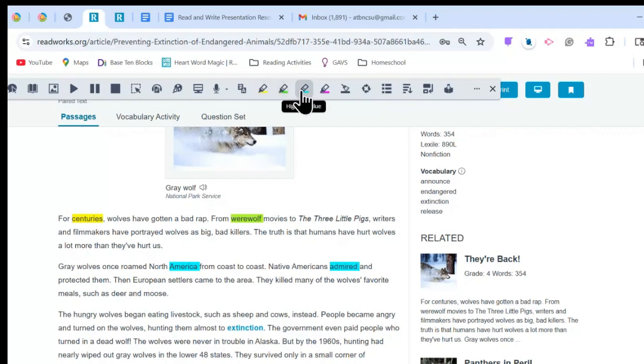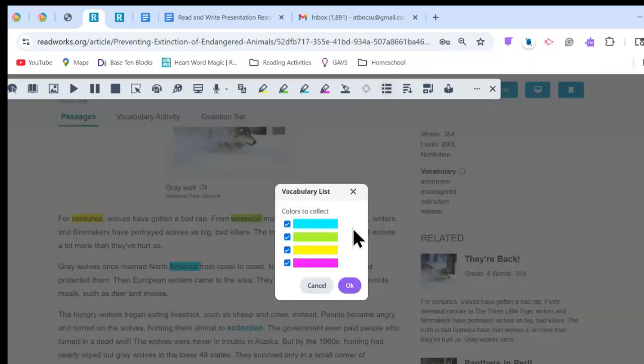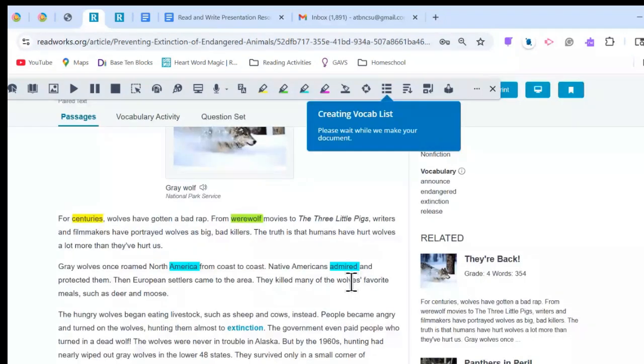Okay, so once I have a few words highlighted, I come over on the right-hand side to the vocabulary list builder, and I click on it. I leave everything checked right now for the purpose of this presentation, but you can uncheck and only collect certain colors. So when I push OK,